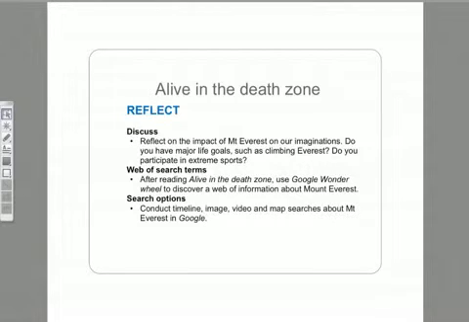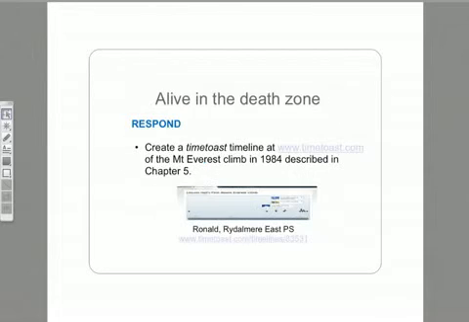So in the reflect task, I say, okay, let's reflect on the impact of Mount Everest on our imaginations. Do you have major life goals, such as climbing Everest? Do you participate in extreme sports? And then after that, I get the kids to do a little bit of basic research skills stuff. And then the respond task